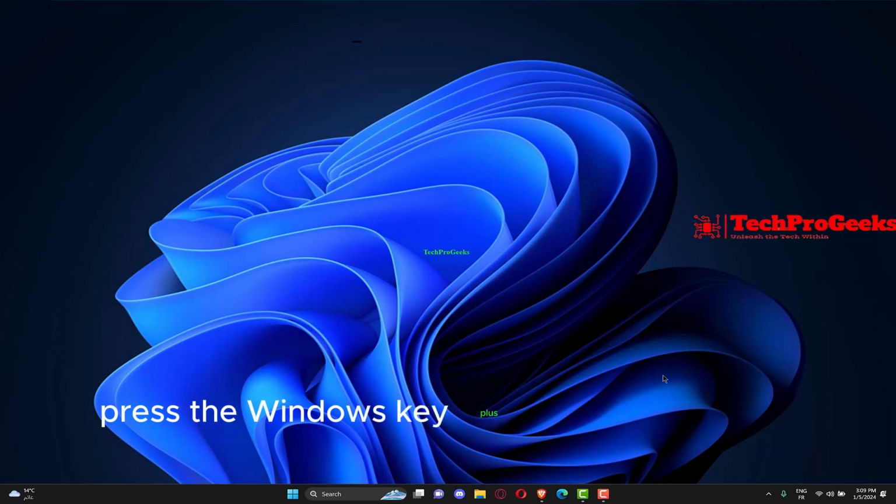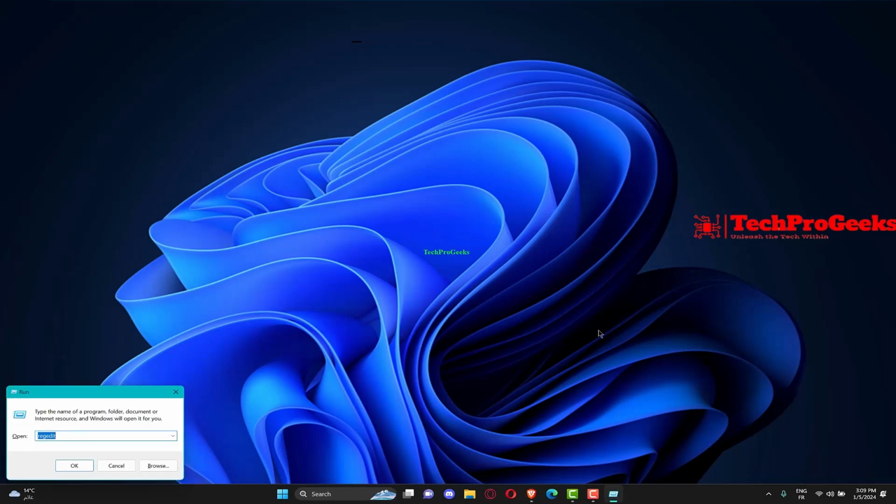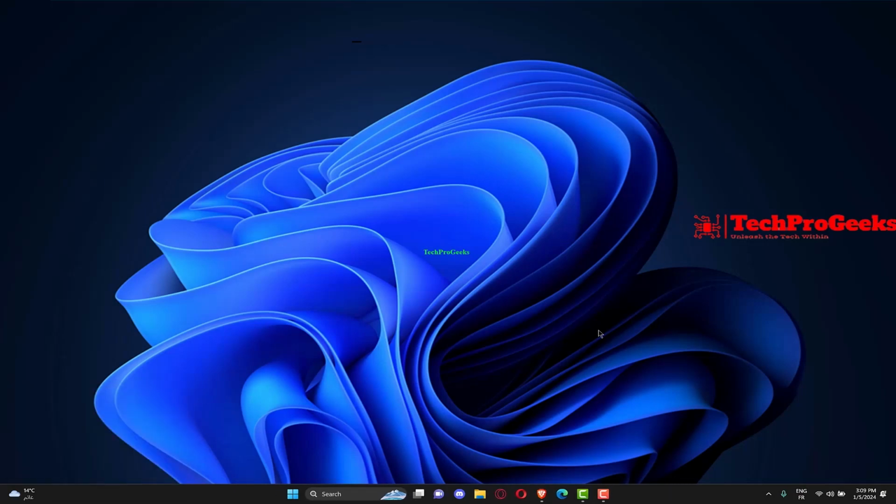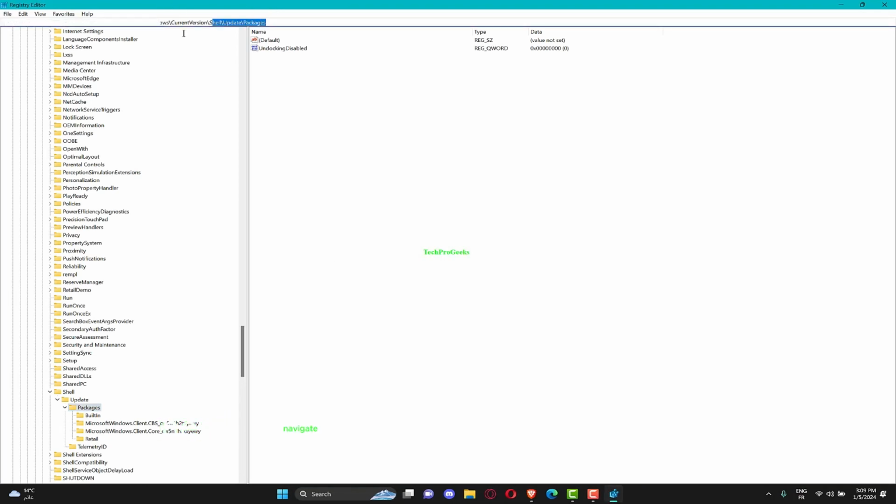Press the Windows key plus R to open the Run box and type or paste in regedit, then hit Enter. Next, navigate to the following location by copy-pasting it in the text bar at the top. Computer\HKEY_LOCAL_MACHINE\SOFTWARE\Microsoft\Windows\CurrentVersion\